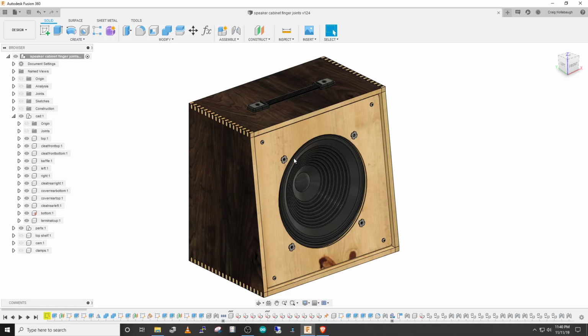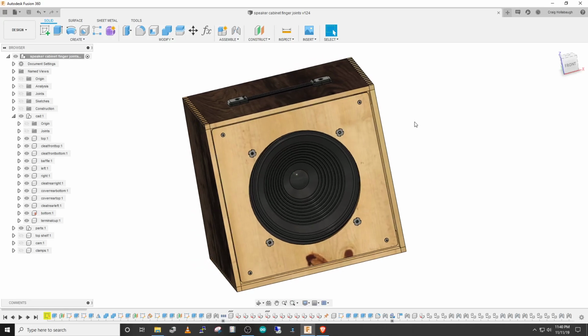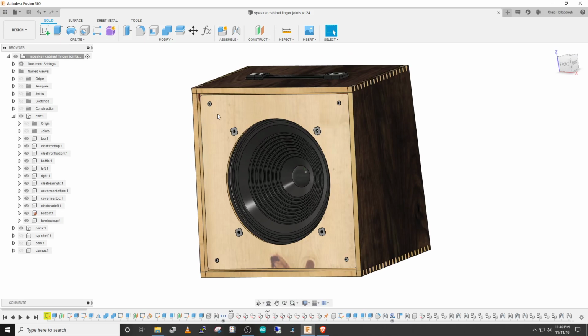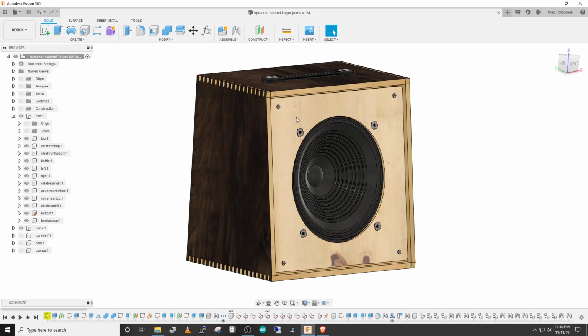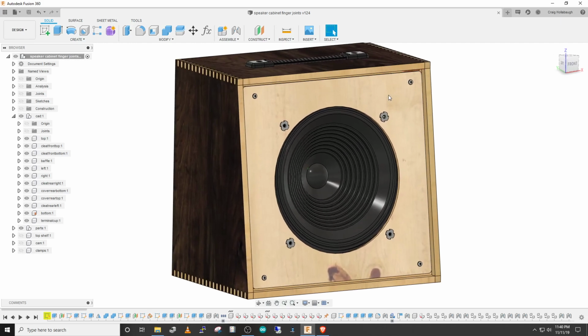Here's my 12-inch speaker cabinet design, and I'd like to talk a little bit about a problem I'm having generating a drawing from this baffle. This piece up here in the front, this is the baffle that connects the speaker to the cabinet, and it is